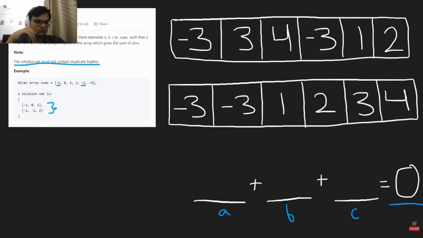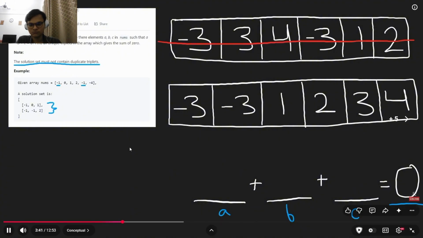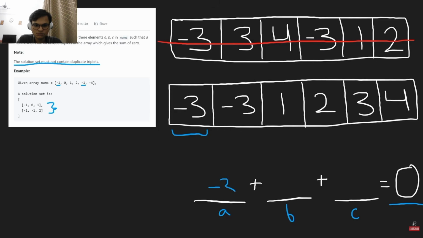So here you can see that the array is now sorted. Let's cross out our top array, which was unsorted. So now if we find -3 first, then that's good. Okay, we'll say -3, then we find these two numbers, 1 plus 2, and then we find our solution. Great. Now if we get to -3 again, we'll say, hey, wait a minute, this number was already in this